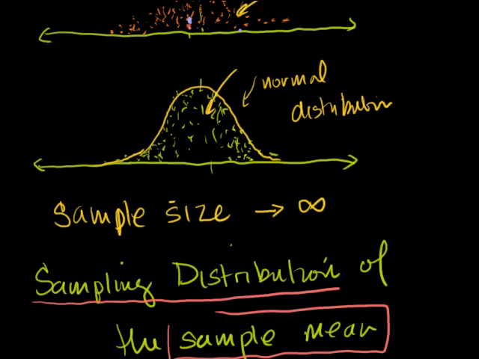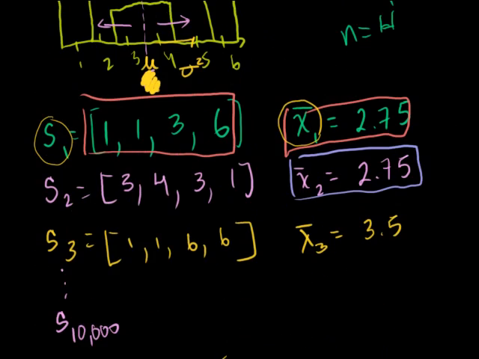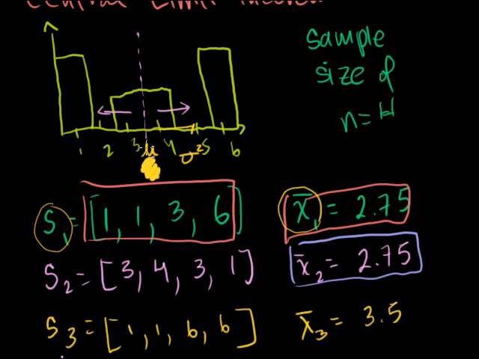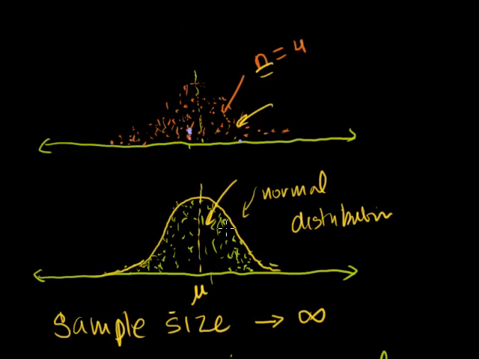And just as a little bit of background, and I'll prove this to you experimentally, not mathematically, but I think the experimental is on some levels more satisfying with statistics, this will have the same mean as your original distribution, right here. So it has the same mean. But we'll see in the next video that it's going to start approximating a normal distribution, even though my original distribution that this is generated from is completely non-normal.